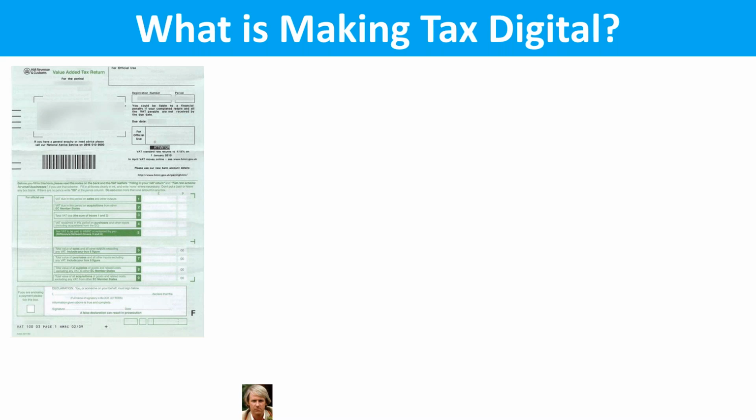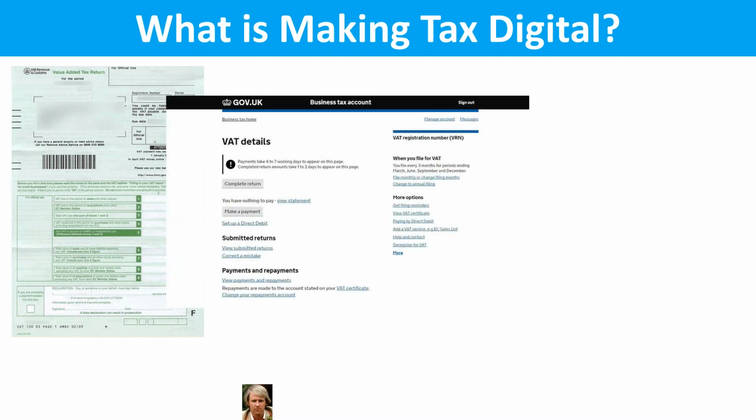And then a few years ago, that changed. Now, instead of the whole physical piece of paper, you logged on to HMRC's website. You were presented with a screen where you saw those same 9 boxes where you could type in the numbers. Much quicker, but how did you figure out what to put in those 9 boxes? You probably used the same system. You went to your accounting system. It might now be on Excel spreadsheets, it might be an accounting package, but you would extract numbers, you'd add, subtract, multiply, divide until you got the correct numbers. You'd fill in the form and then send to HMRC.